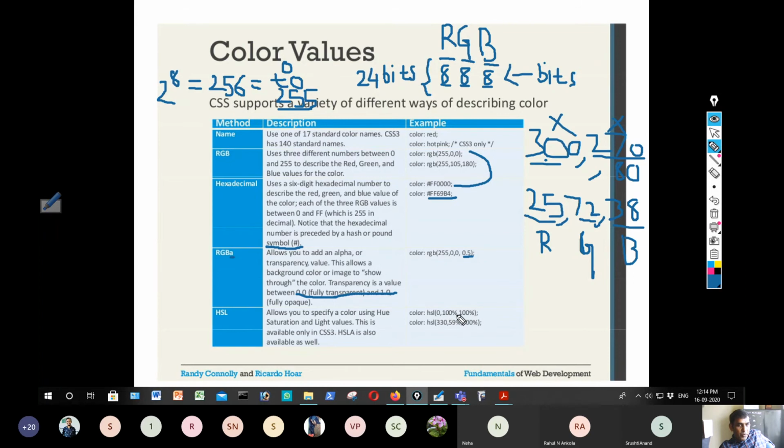That means for green and blue it is 100%, whereas for red it is specified as 0. Like this, you can specify the combination of red, green and blue with respect to hue and saturation values.